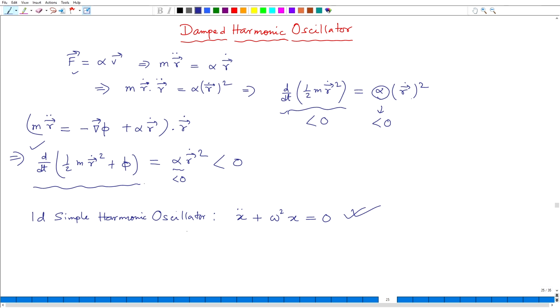And then of course, if I have a forcing term, then what we wrote yesterday was this. Okay. And so, this is with forcing,